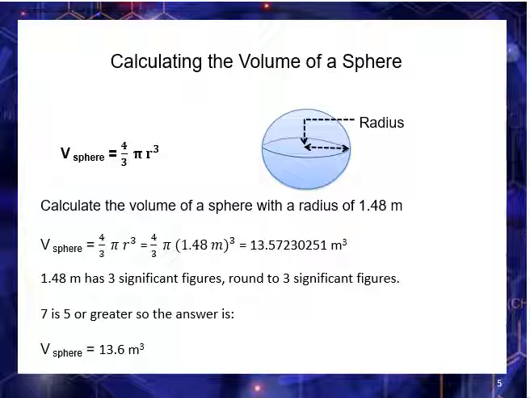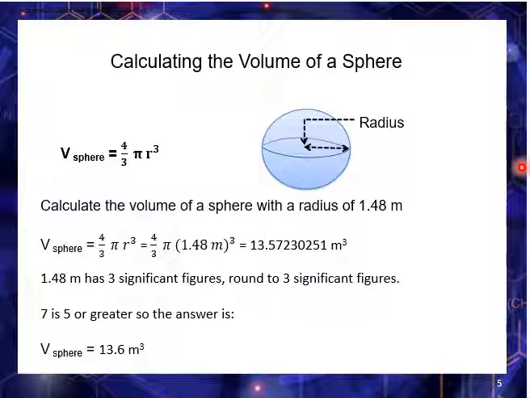The volume of a sphere. The volume of a sphere is 4/3 pi r cubed. The radius is from the middle of the sphere to the edge. Example, calculate the volume of a sphere with a radius of 1.48 meters. The volume of a sphere is 4/3 pi r cubed, which is 4/3 pi times 1.48 meters cubed, which is